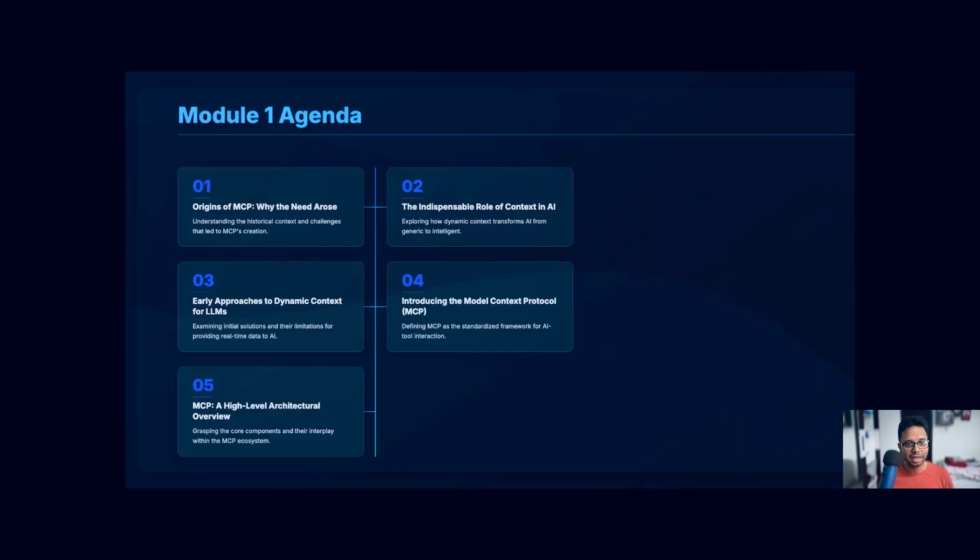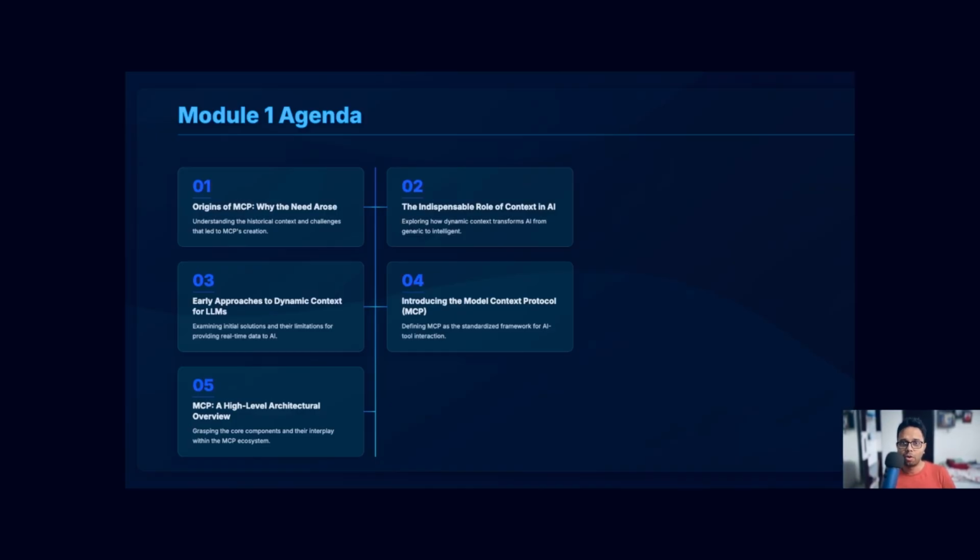Having said that, what are we going to cover in this module? We are going to cover the origins of MCP, right? And we'll go into details about these in a moment. Before MCP, we'll also learn about context, why context is important for a large language model. Slowly, as I was saying, we're going to the why part of it.